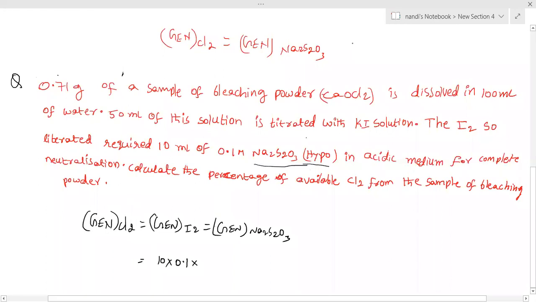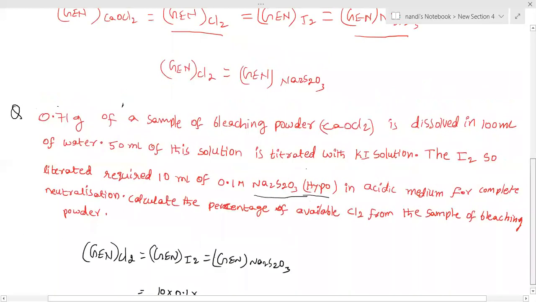Balamurugan, I think you didn't refer to your class notes properly. Instead of typing so much, can you open your class notes? Iodometric titration and n factor, I2 plus Na2S2O3. Just open your class notes. Even if you saw it, you didn't get it. The n factor is 1. Okay, fine, I will explain.